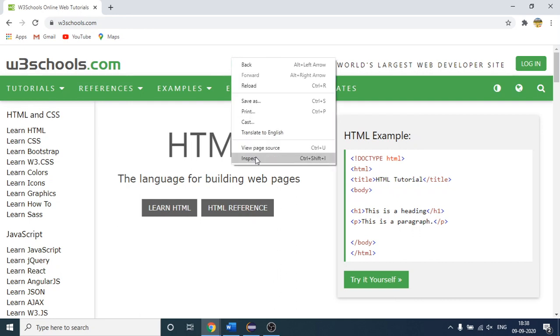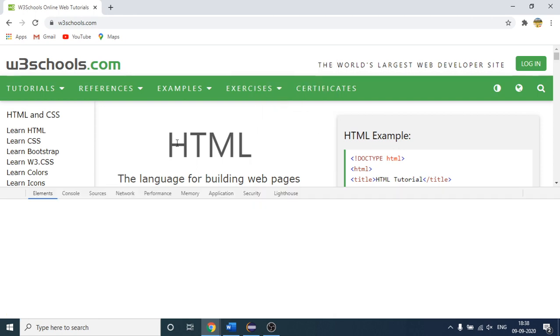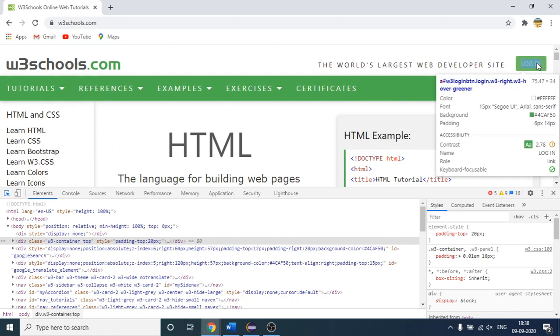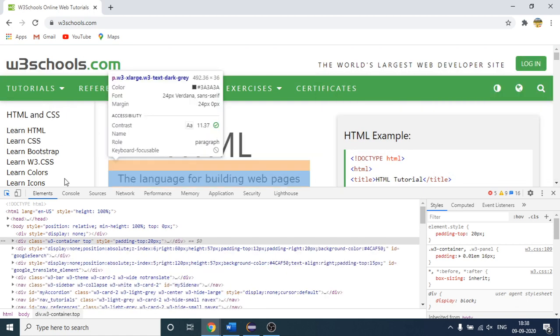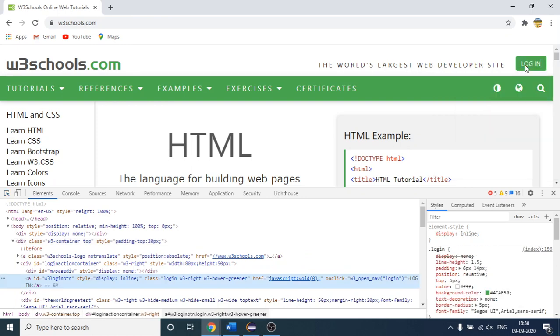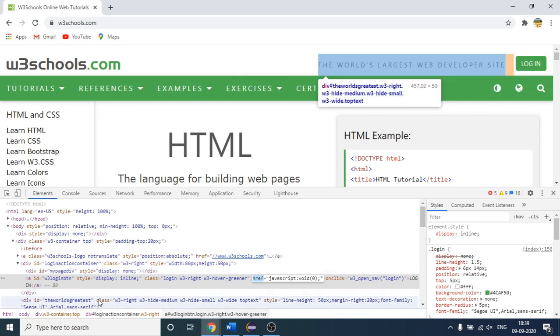So first of all I will right click, as you know how to inspect from the previous class. Okay, so I will select this and I will come here. If I left click it, you can see this is highlighted. So this is the coding part they have done to make that login button. So here you can see that id is one attribute, style is an attribute, class is an attribute, href is an attribute. Okay, these are so many attributes here.